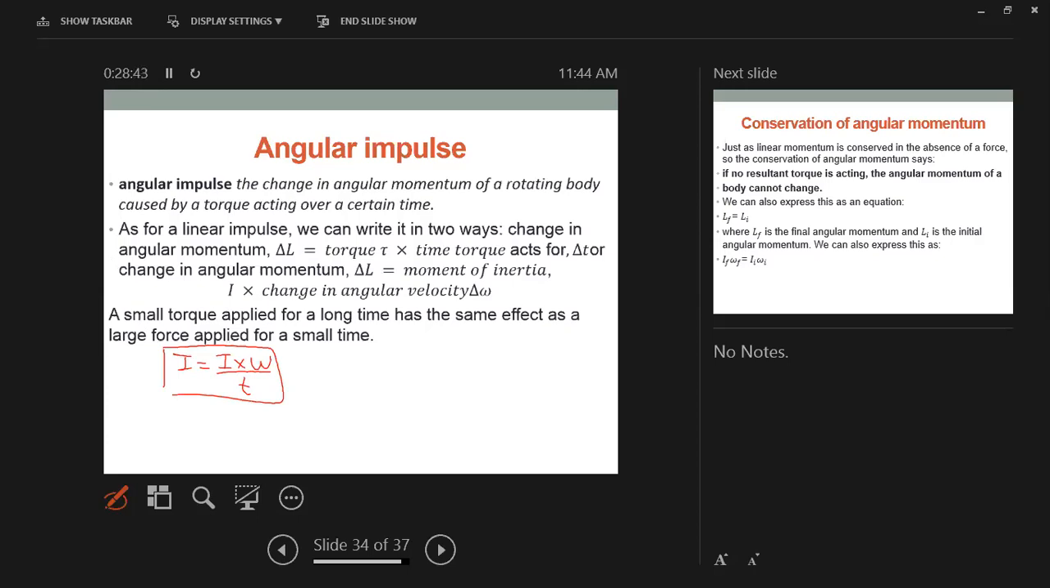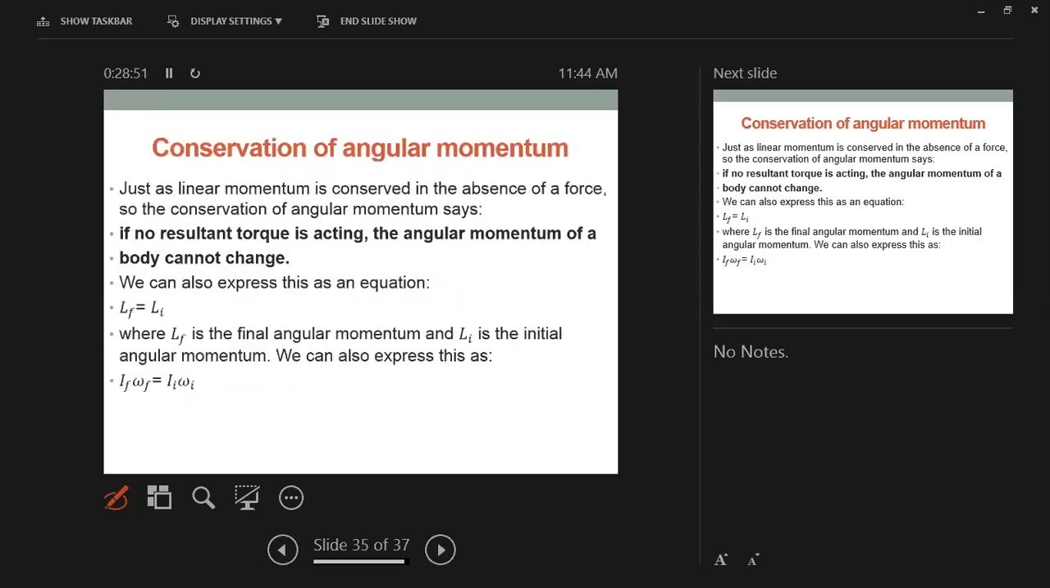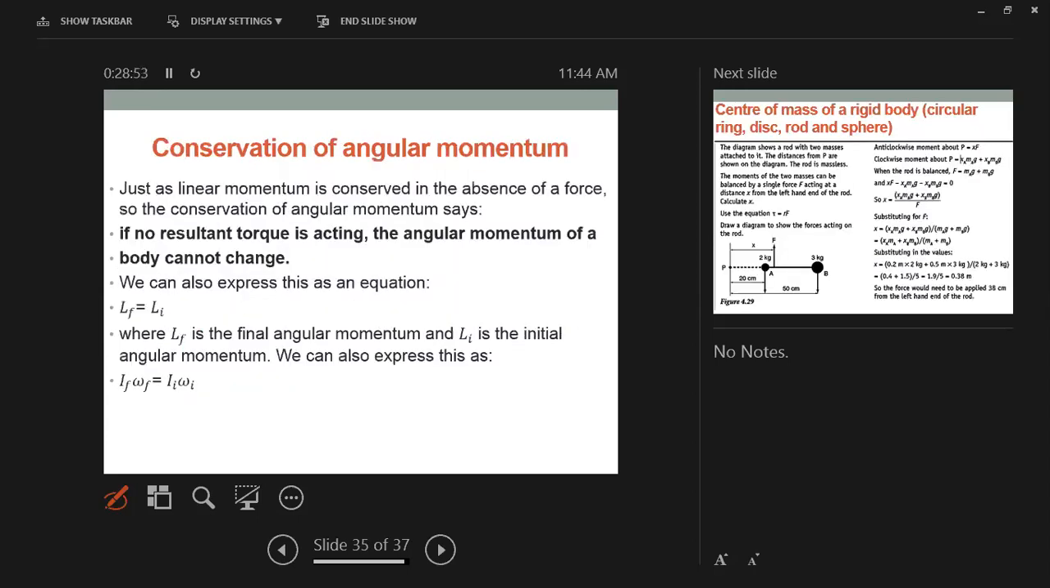So torque will affect the angular impulse. If there is no torque, there is not going to be angular impulse. There should be torque acting for there to be angular impulse. Okay? So conservation of angular momentum is the same as what we learned previously about the conservation of